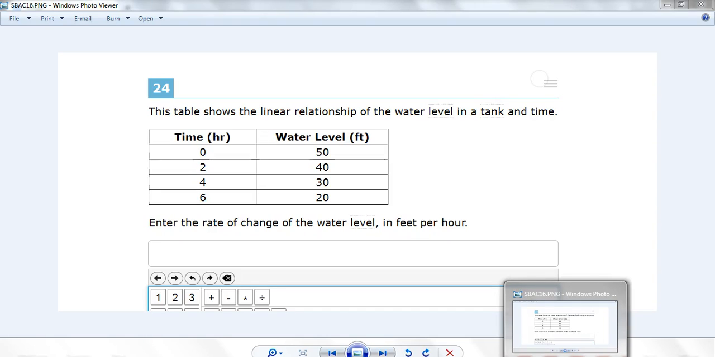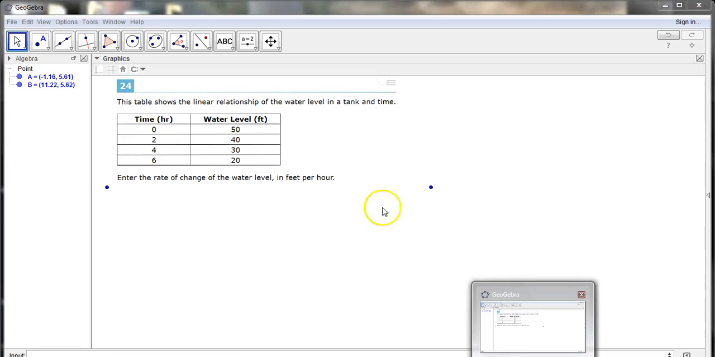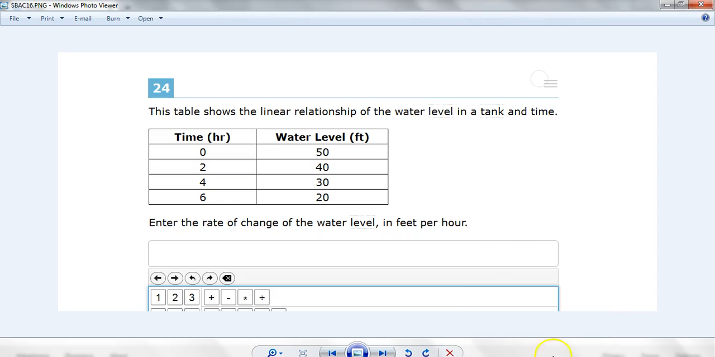It has to do with a table and looking at the linear relationship of water level in a tank and time. So the question is, based off of this information, what's the rate of change of the water level in feet per hour? So I just thought this would be a good opportunity to talk about our different